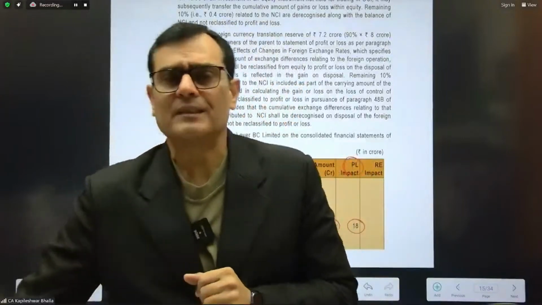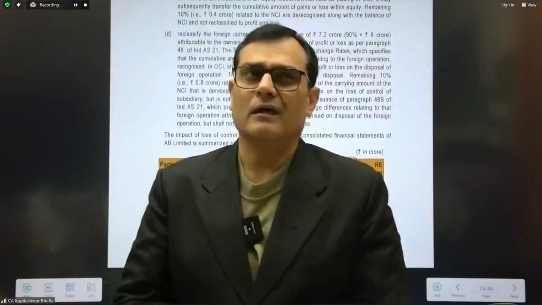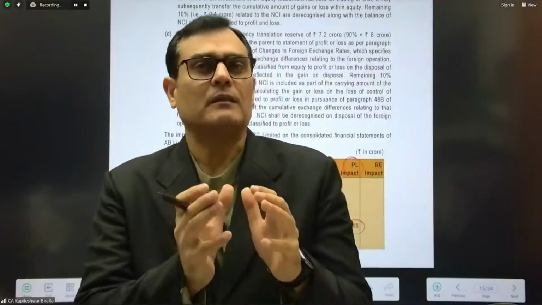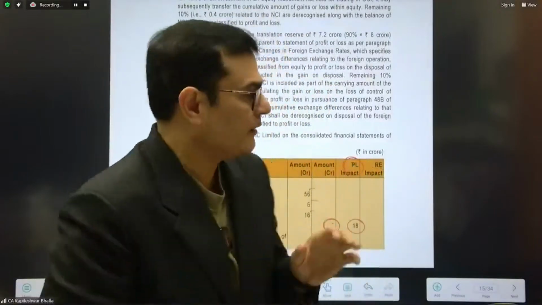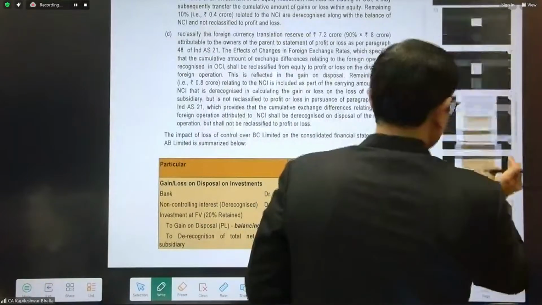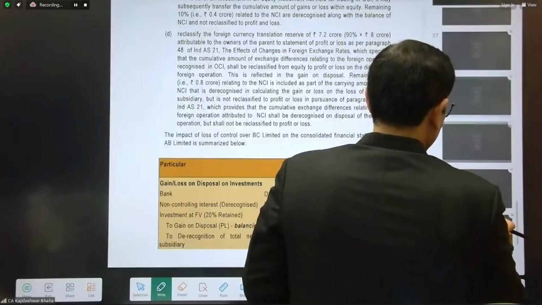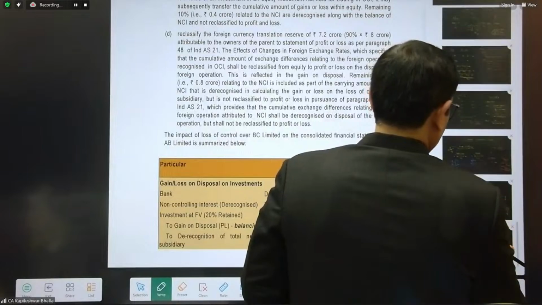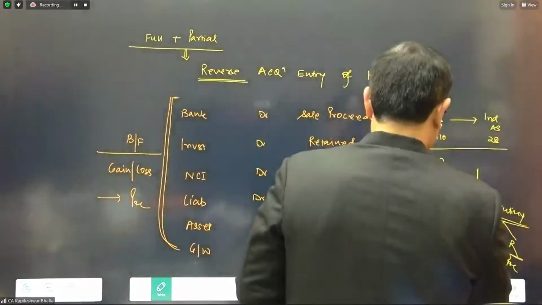One is Ind AS 111, one is Ind AS 28 and 27. 27 should be quite simple. From the examination point of view, not much input is needed. I think it has hardly been touched in the examination. So we need a little more input in 111 and 28. Now, before we end the journey here, I would like to give you quick inputs in terms of what you've learned under this standard.